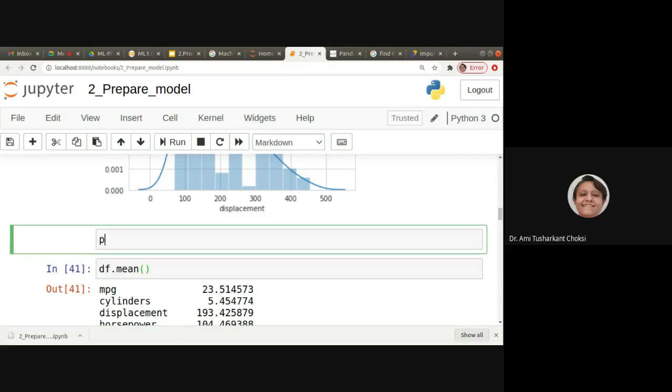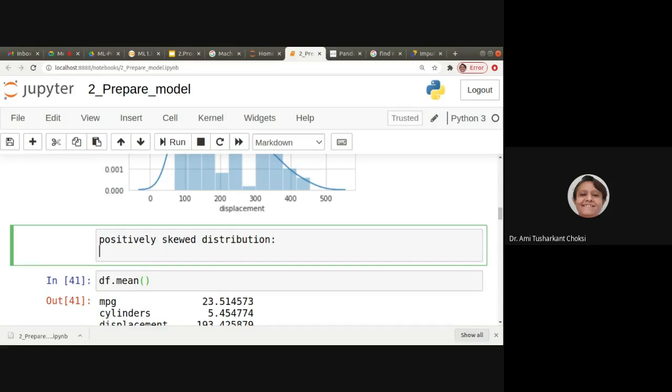We know that for positively skewed data, that is distribution, positively means the mean is at the right hand side and the tail is also at the right hand side. So I'll be doing it this way.